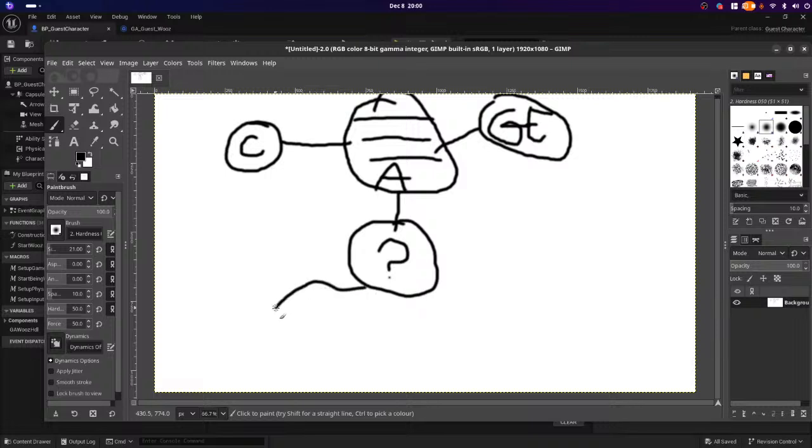And that something will induce either a state, maybe with a tag, and then the character,